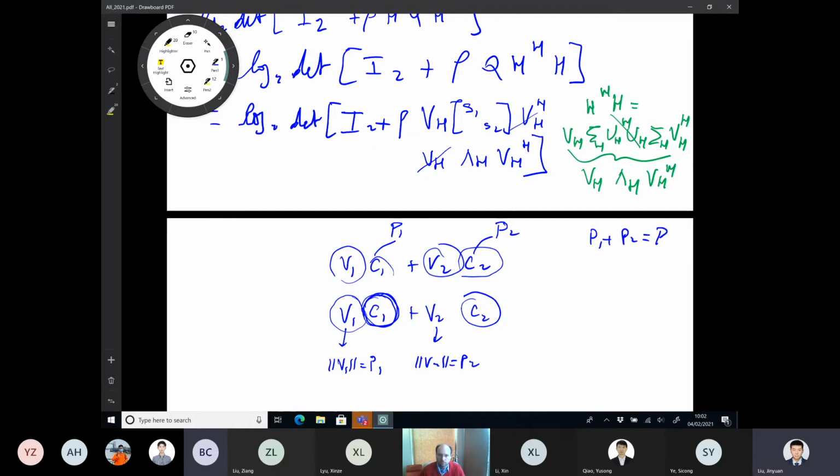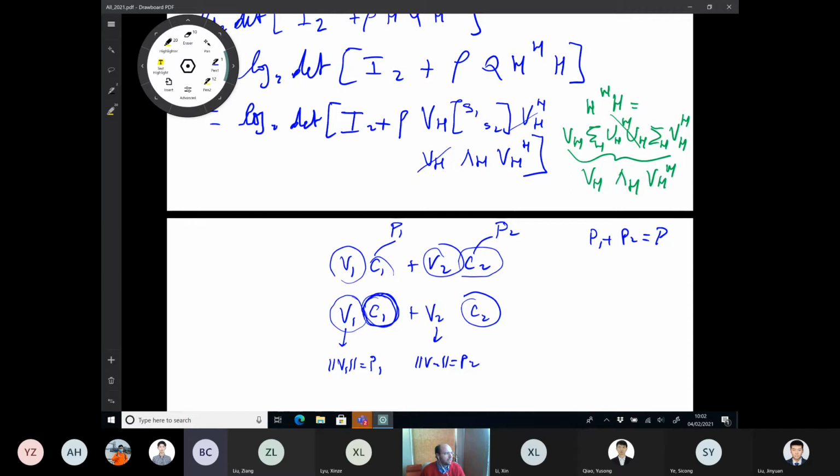Okay, so in reality, we usually give the power in the modulation step. When we do the QPSK modulation, we give the power. So maybe the power is first allocated to the C1 and the C2, and then V1 and V2 are just the direction. V1 and V2 direction. I mean, in the real system, in a practical implementation,